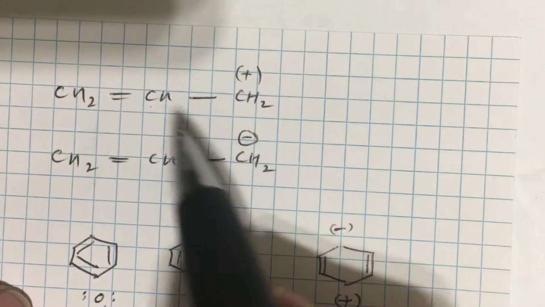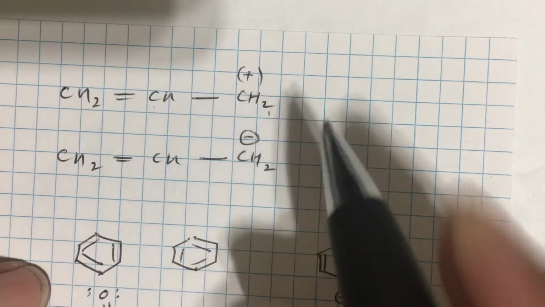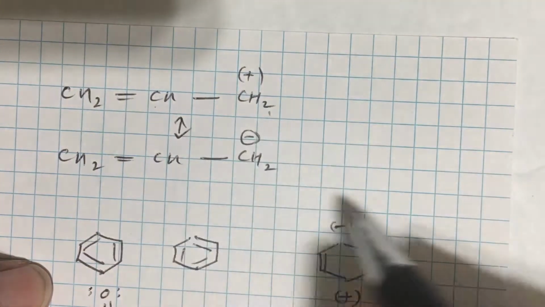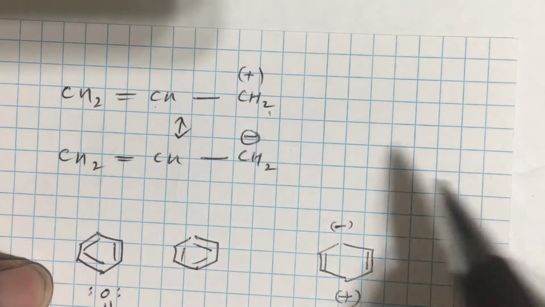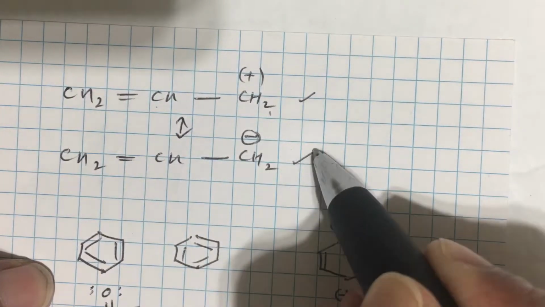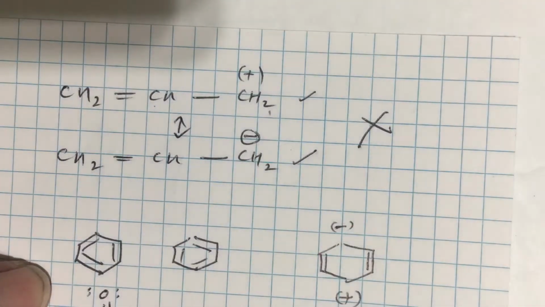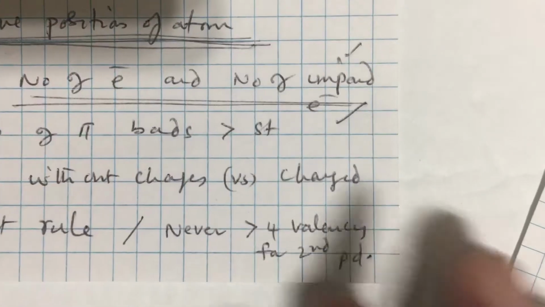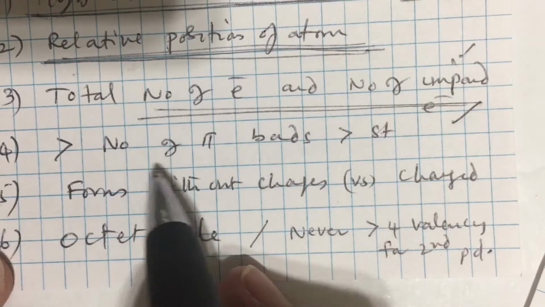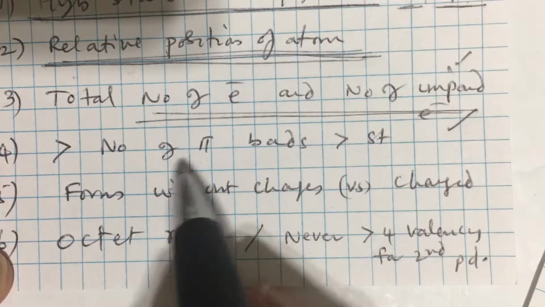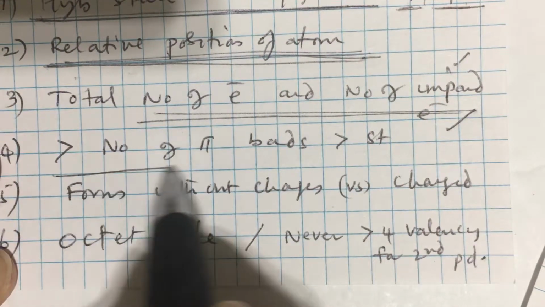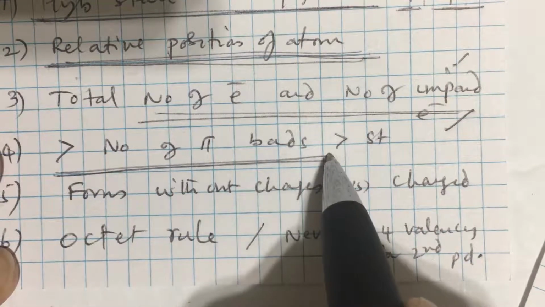You see, this is called allyl carbocation, and you can't say this is its canonical form by writing allyl carbanion because they are differing in the number of electrons. Canonical forms will never differ in the number of electrons, which is wrong. Next point is, while writing canonical forms, you notice that the greater is the number of pi bonds present in a molecule